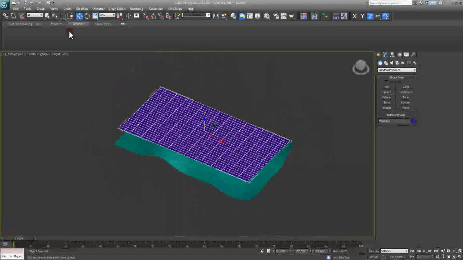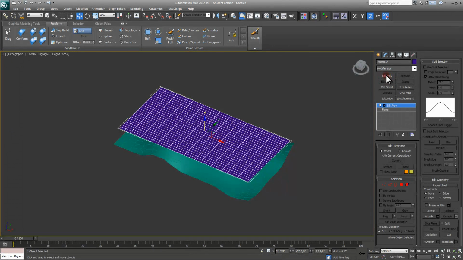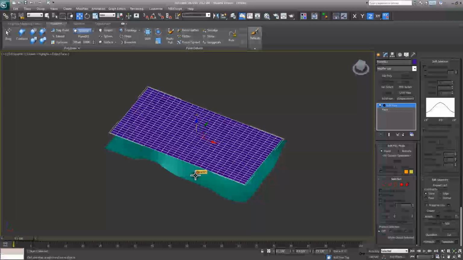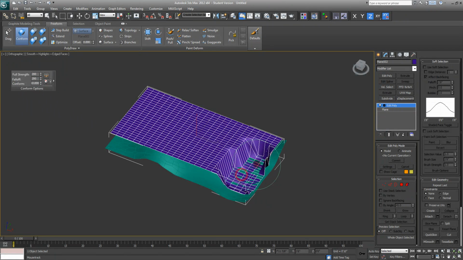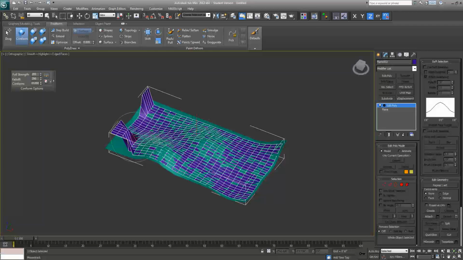But if I go into my Graphite Modeling Tools Freeform, first thing I'm going to do again is put that edit poly on there so all these things become active. I'm going to come over to the poly draw. I'm going to select draw on surface, pick that under surface, which is plane 01. And then with this object still selected on top, I'm going to select conform, turn my strength up to something like 200, turn the conform up to something like 10, so that when I click and drag around, it's actually snapping to that surface and molding itself